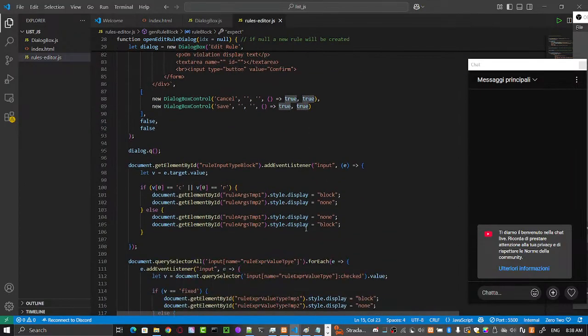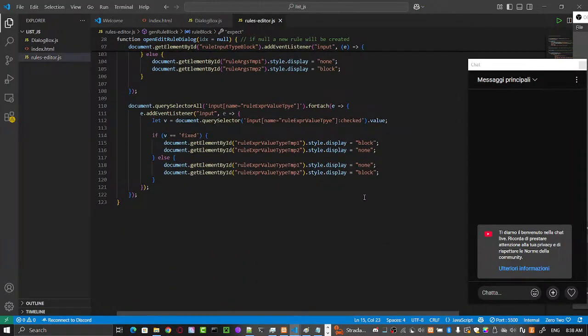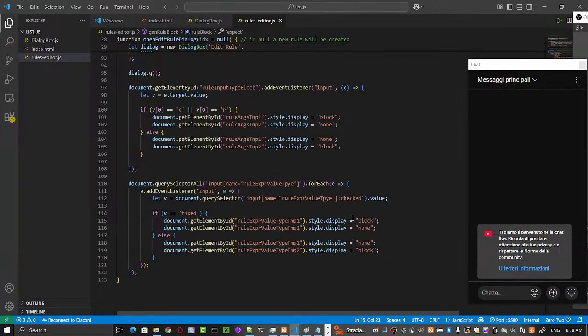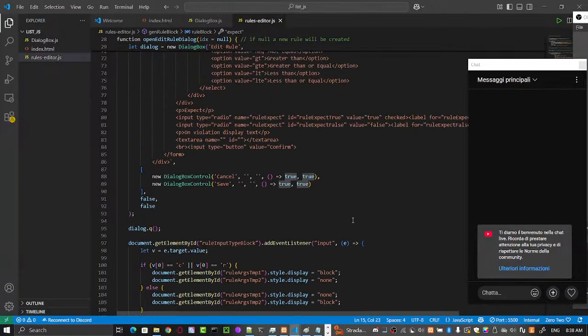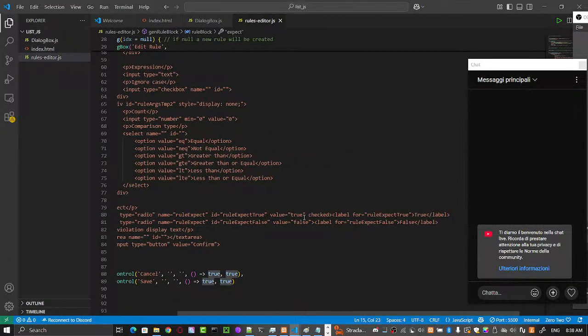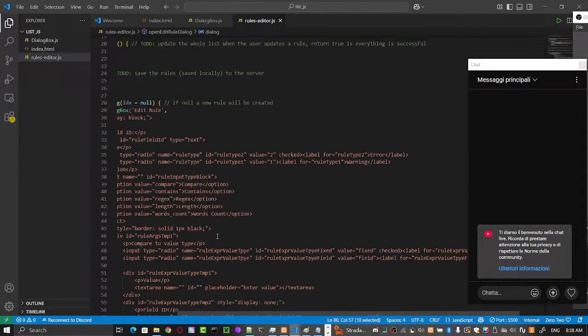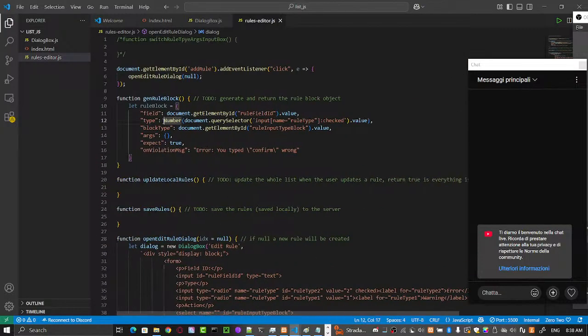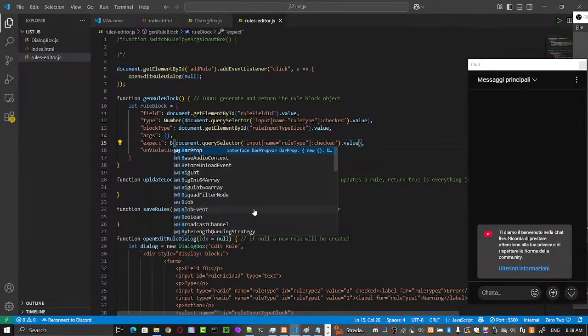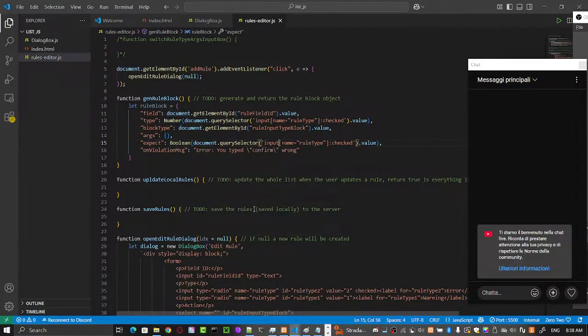Same thing applies to this, the rule expect, right? So we just need to copy this, paste it there, cast it to a boolean,